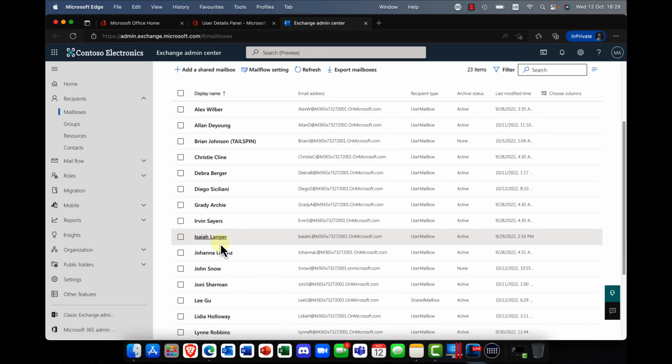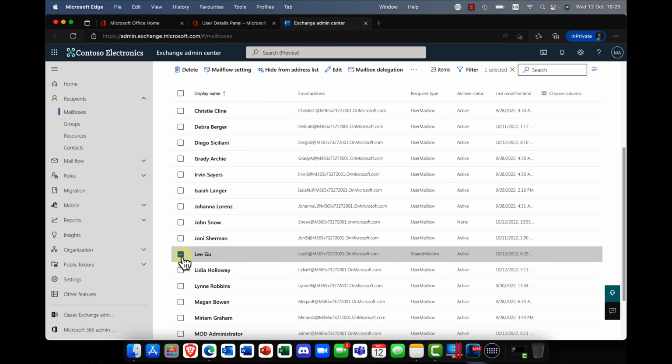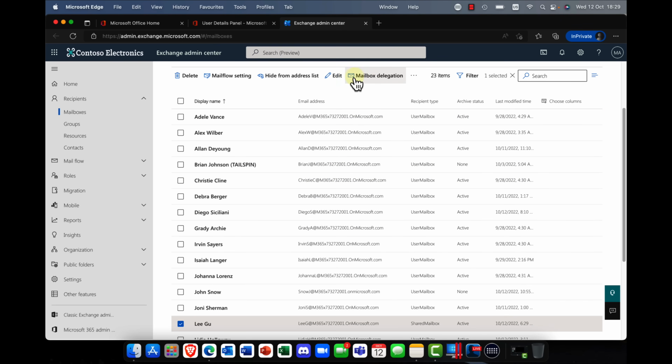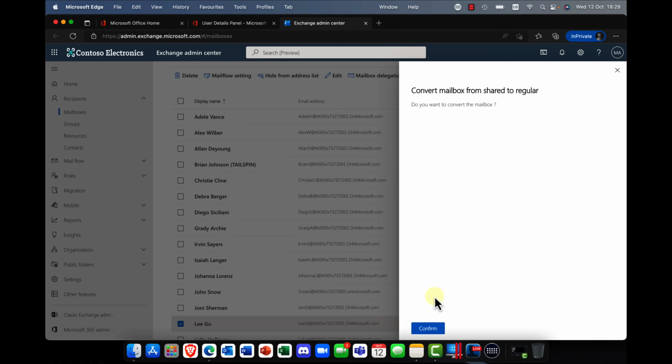In Exchange Online, I'm going to find Lee's account. Now you can see up here, not only is this where you can change the delegation settings, but this is also where I can convert it from a shared mailbox back to a regular mailbox. And again, you could detach it and then